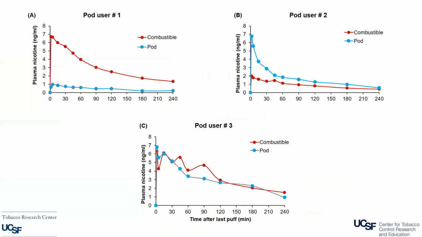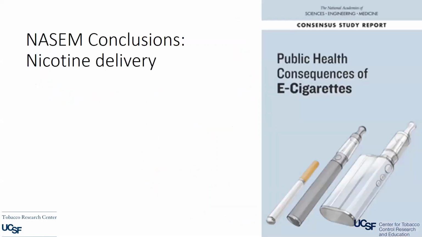Interestingly, we had 3 Juul users in our study, and we did not see much nicotine intake in these individuals. I know a lot of people are concerned about Juul because of the high nicotine content of the e-liquid, but we did not see very high nicotine intake among all 3 of these users. If you look at pod user 1, very low nicotine intake. Pod user 2, the plasma nicotine level was just about 7, but that's still really low compared to typical cigarette smoking. And then for pod user 3, about 7 also. So we saw really low nicotine delivery from use of these Juul products.